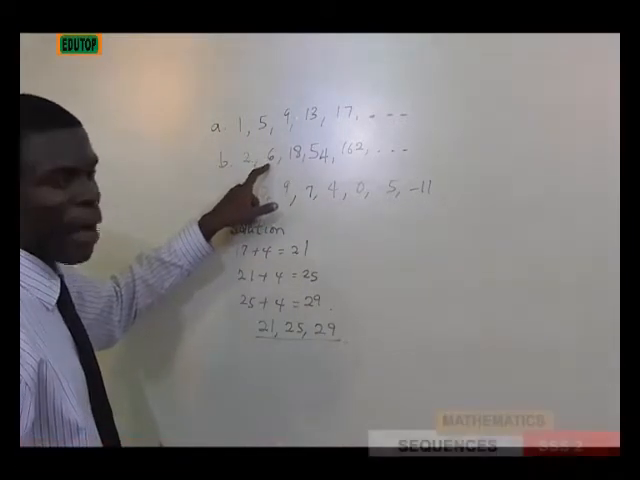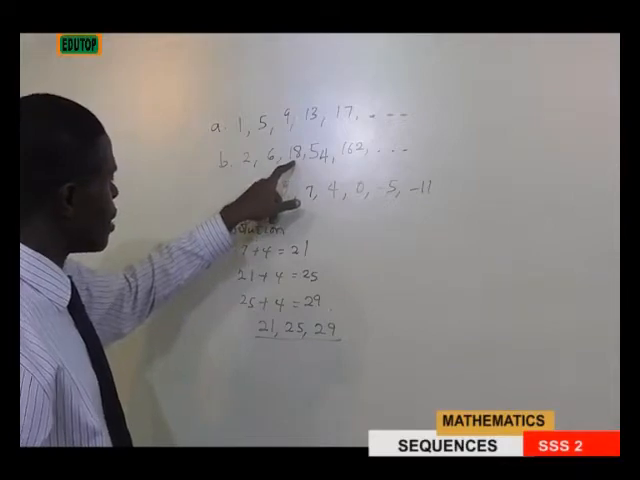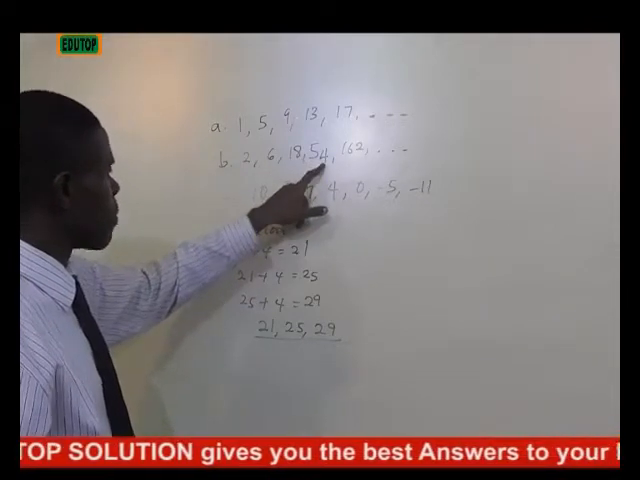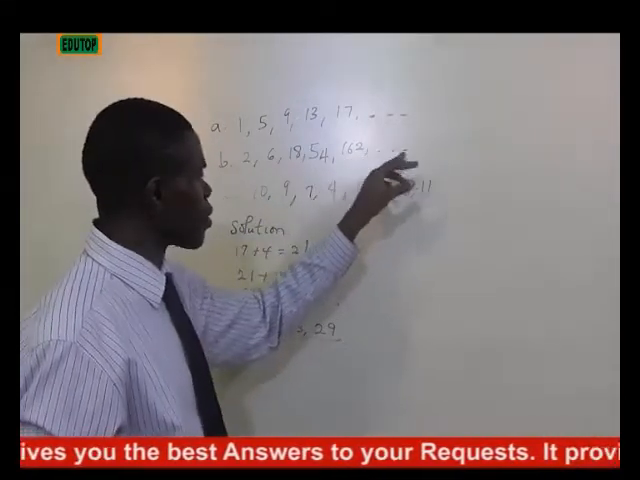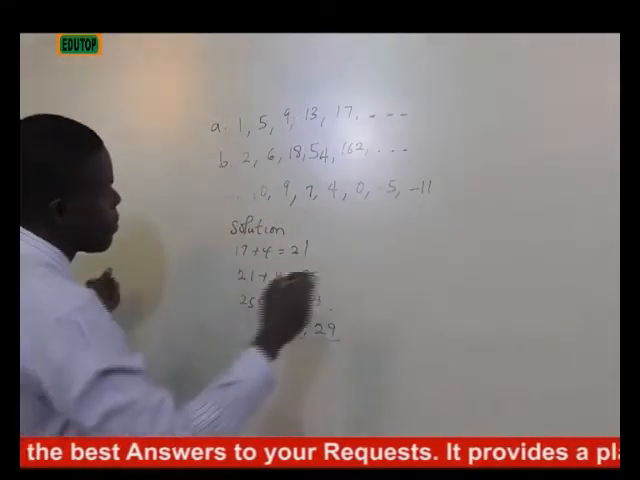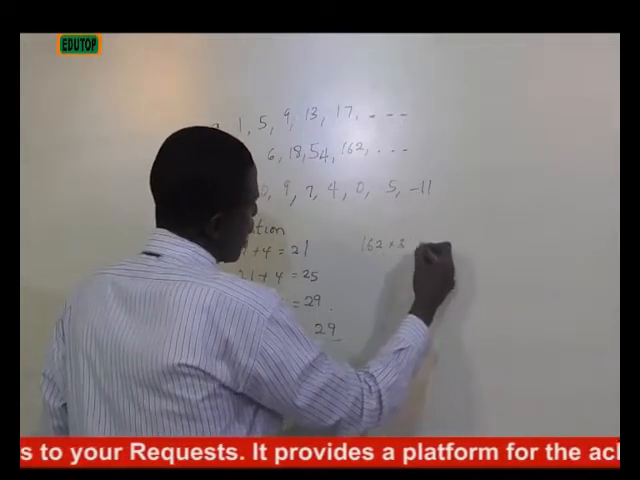When 3 is multiplied by the second term, we have the third term. When 3 is multiplied by the third term, we have the fourth term. So it can be deduced that the 3 consecutive terms will definitely be 162 multiplied by 3, and that gives